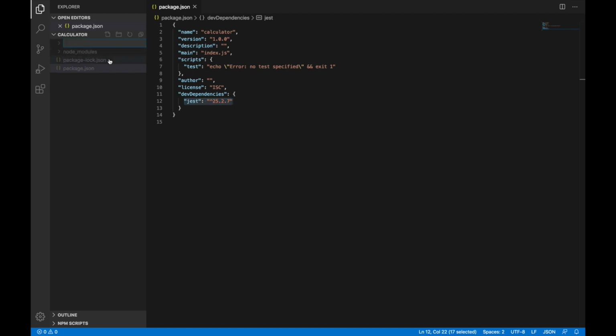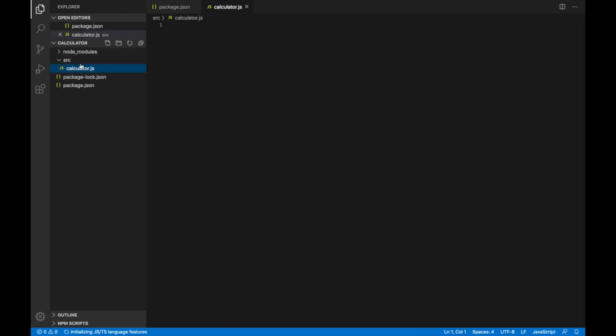So I'll create a new folder named source, and I'll create a new file here named calculator.js. Let's try writing some methods here. I'll write math operations.